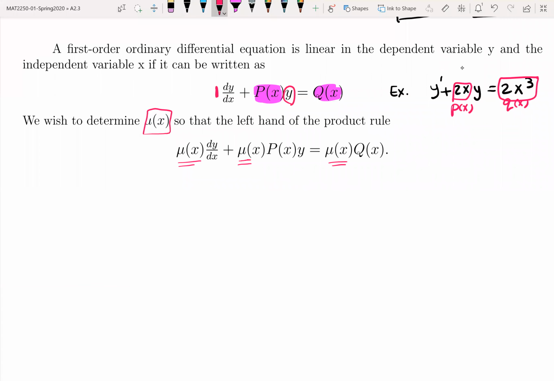So then the goal is to make the left side be the derivative of some function. So the left side must be the derivative of